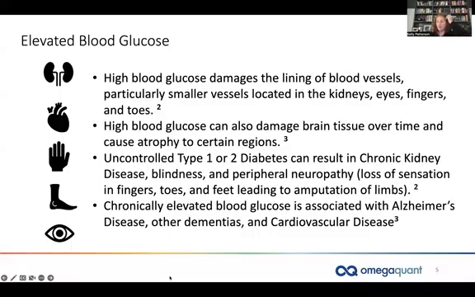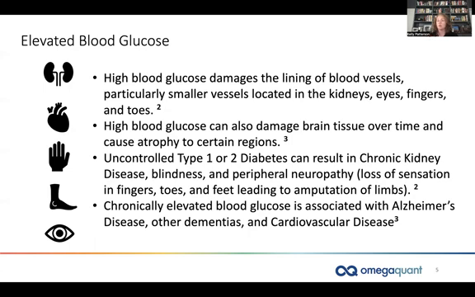So why do we care about any of this? Why is blood glucose a problem? Blood glucose in and of itself isn't an issue, but high blood glucose is. Over time, high blood glucose basically makes your blood really thick. And when blood is really, really thick, think about trying to suck up a really thick milkshake through a really tiny straw. The small blood vessels in our fingers, our toes, our eyes, our kidneys, those small capillaries and small